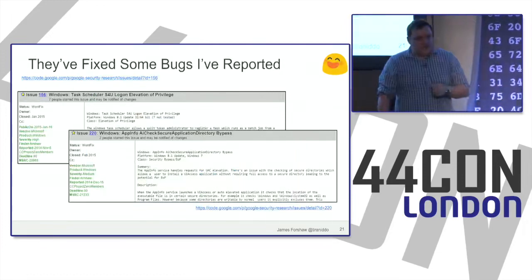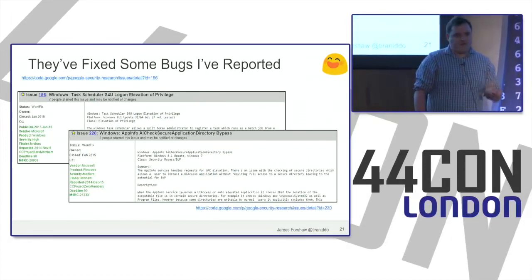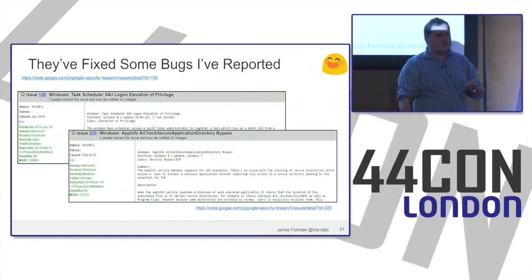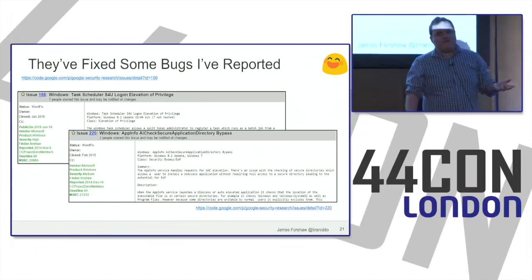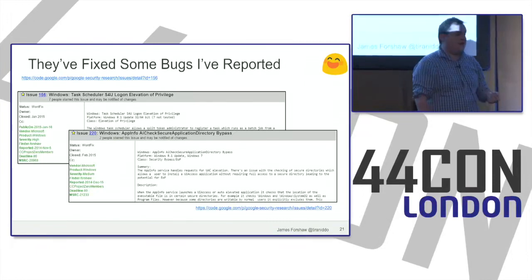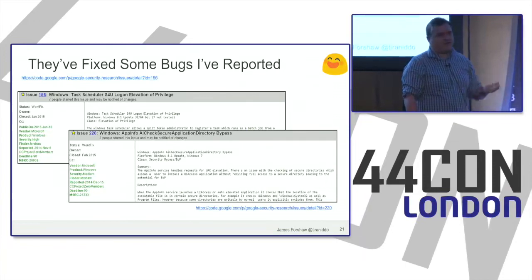So the strange thing about UAC bypass is that if I can bypass that dialog box and I give the bug to Microsoft, invariably, if it's considered a UAC bypass, it's not a security boundary. We're not going to fix them. Okay, fair enough. But we might fix them in the next version of Windows. And it turns out a couple of my bugs, which weren't going to be fixed in 8, they'll fix in 10. They'll never backport it, but they'll be fixed in 10. Awesome.